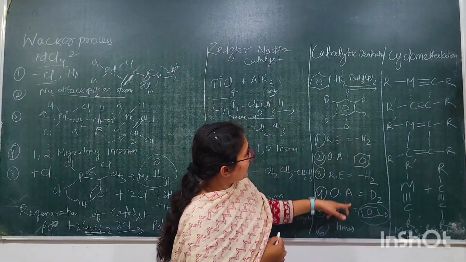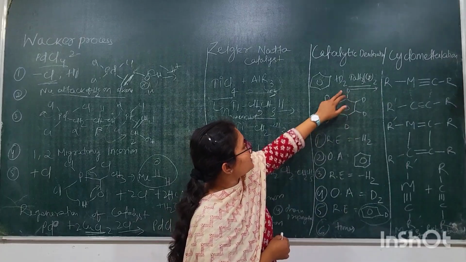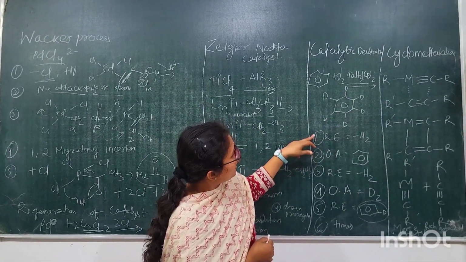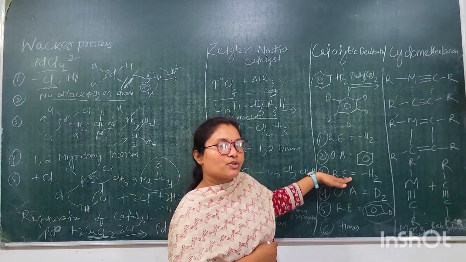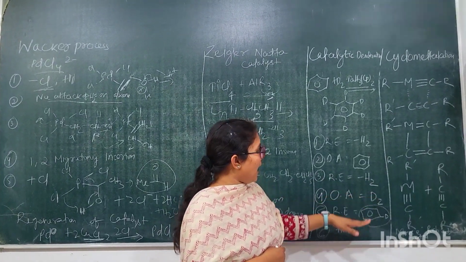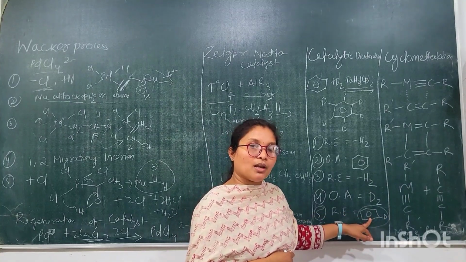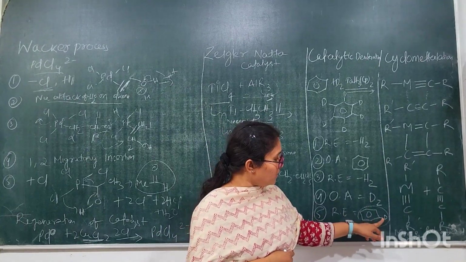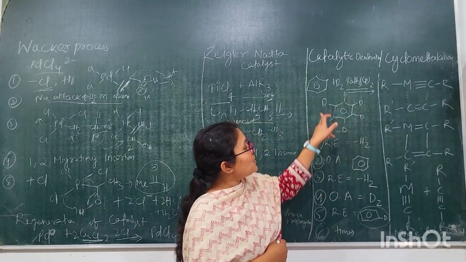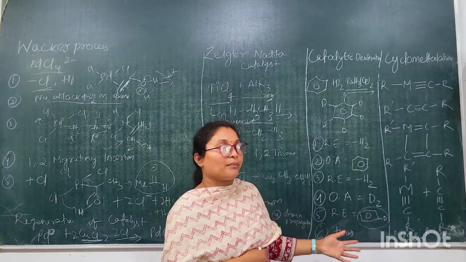So we have to do this cycle 6 times for the 6 positions of deuteration of benzene. Here we see reductive elimination of hydrogen, again oxidative addition of deuterium, and in the last step reductive elimination of deuterated benzene. This is for only one position of deuteration of benzene. If we want to do 6 positions of deuteration, we have to repeat this cycle 6 times.